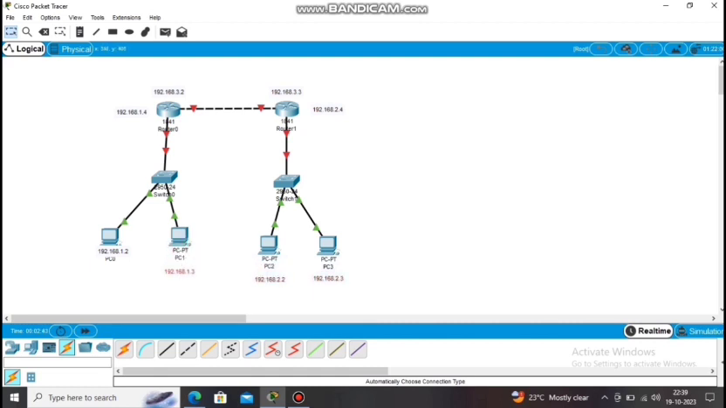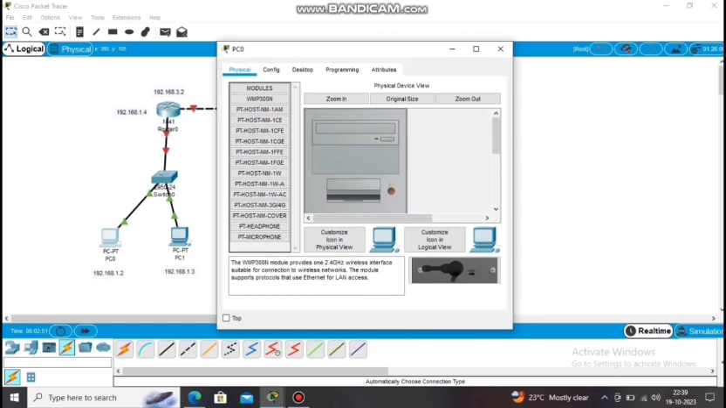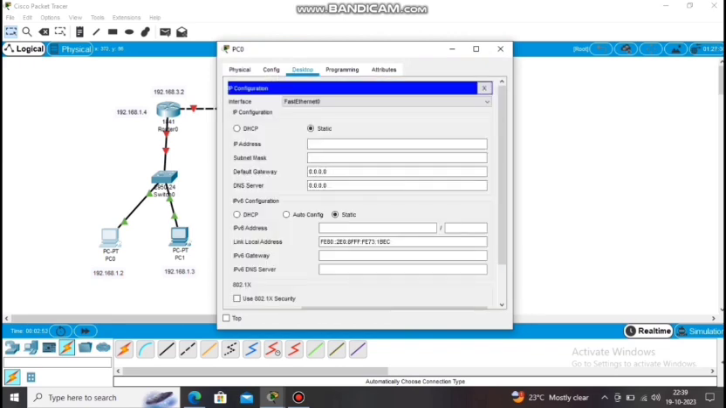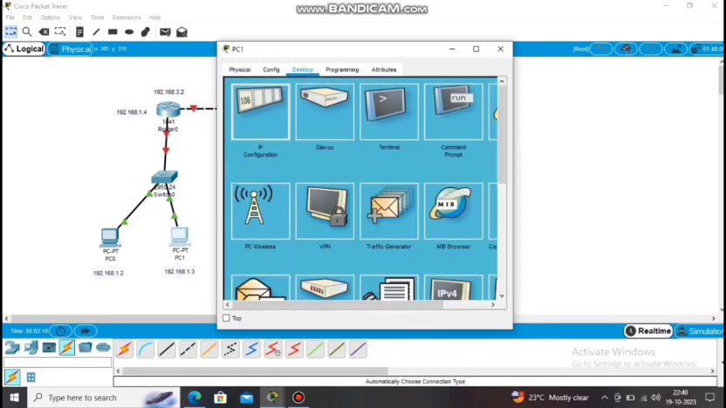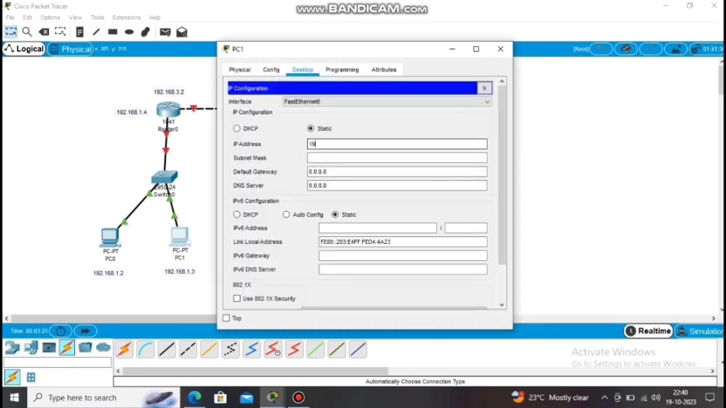Arrange them in order. After arranging, now click on PC0, go to desktop. Here in the IP address space, provide 192.168.1.2 and the subnet mask it will take automatically, and in the default gateway 192.168.1.4. Then close this window and then come to PC1, click on desktop, and then in IP configuration